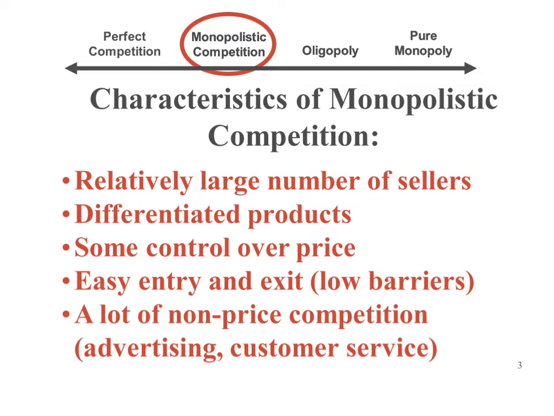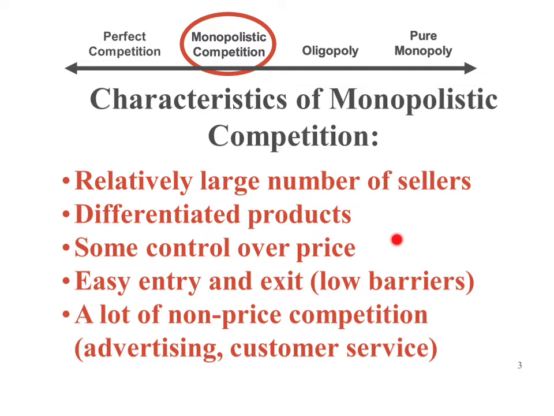If we look at the characteristics of monopolistic competition, first of all, lots and lots and lots of sellers. So similar to perfect competition, in that we have a large number of sellers. We generally have differentiated products. So an example might be coffee. You might have Dunkin' Donuts, Starbucks, Pete's Coffee, the coffee down the street in Ridgewood. All of those particular coffee shops might be competing with each other. And even though they're all selling coffee, they're differentiated versions of coffee.